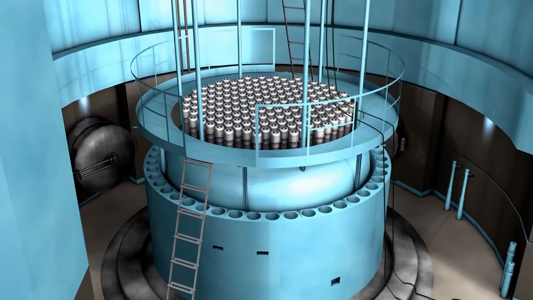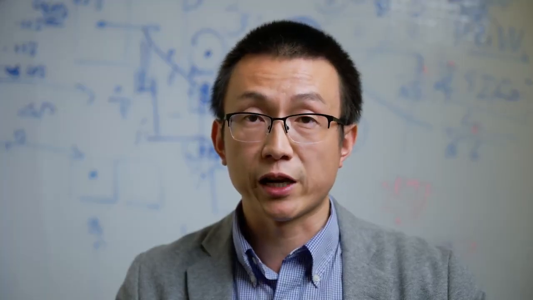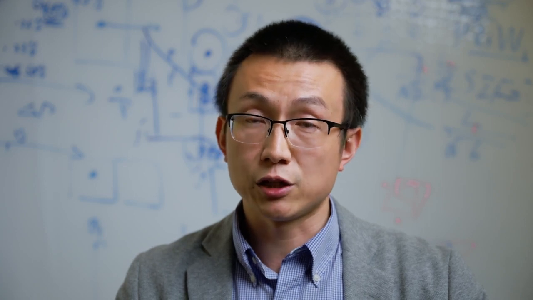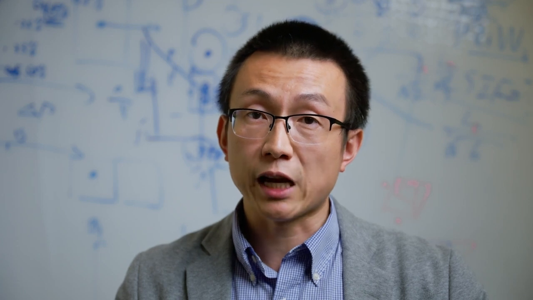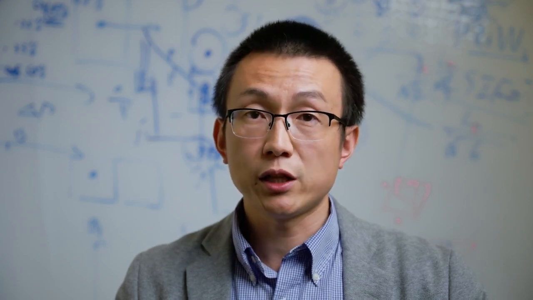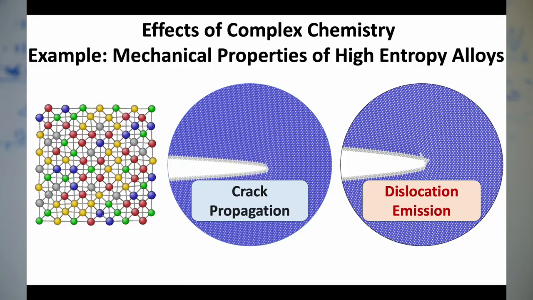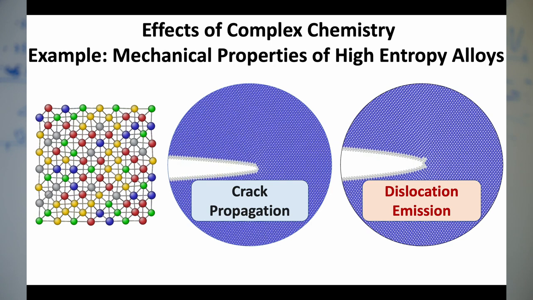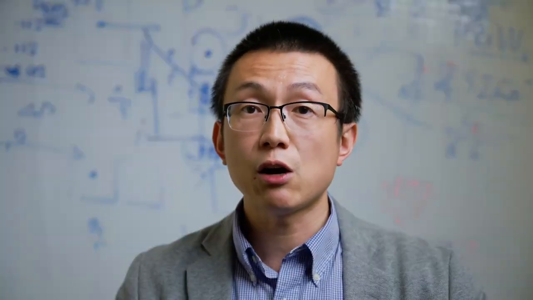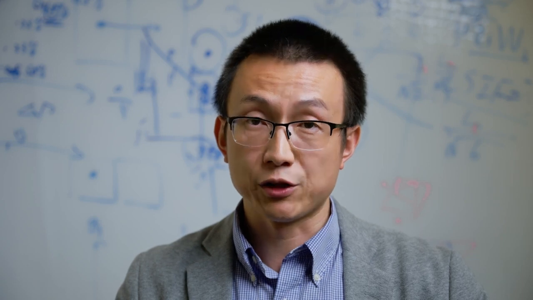But the problem is that we don't have much understanding of how this complex chemistry affects their defect properties, like dislocation or crack tip. That's why we are limited by their low room temperature ductility and formability. Right now, my research group is trying to build computational tools based on quantum mechanics calculation and machine learning to quickly predict how this complex chemistry affects defect properties, so that we can quickly screen the alloy candidates for our experimental collaborators to do further verification.